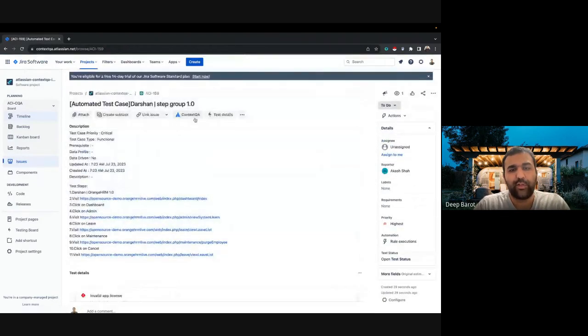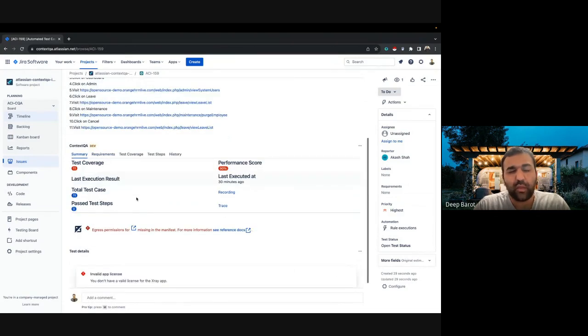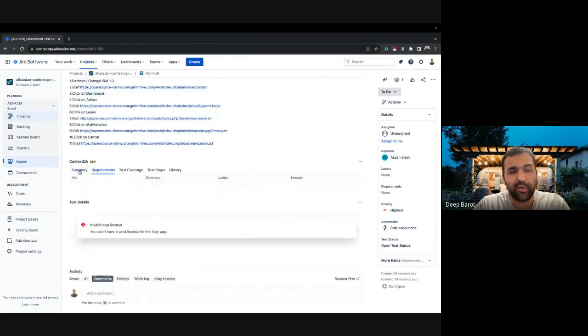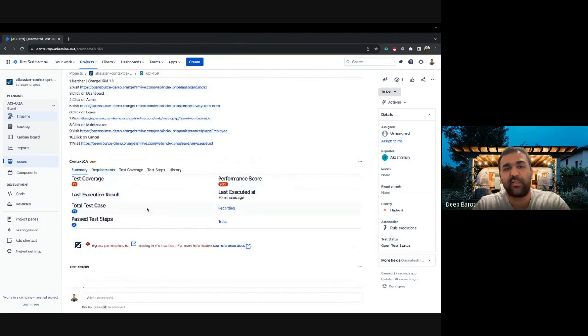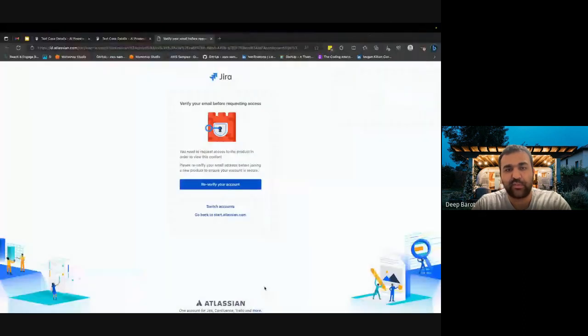it will show up here. So we have a native Jira application. If you click on here, it will load all the details for you now, and it will provide you all the summary of the test cases. Now if I go back to the same test steps over here,